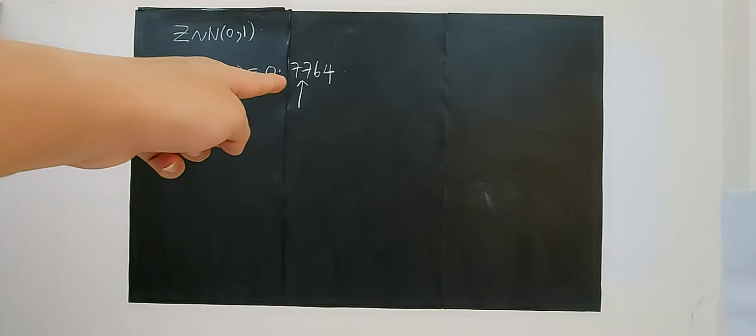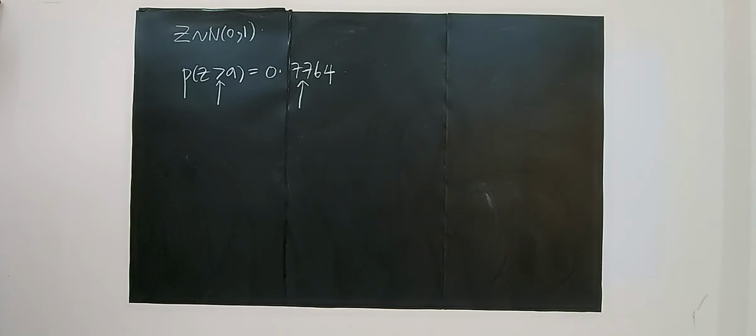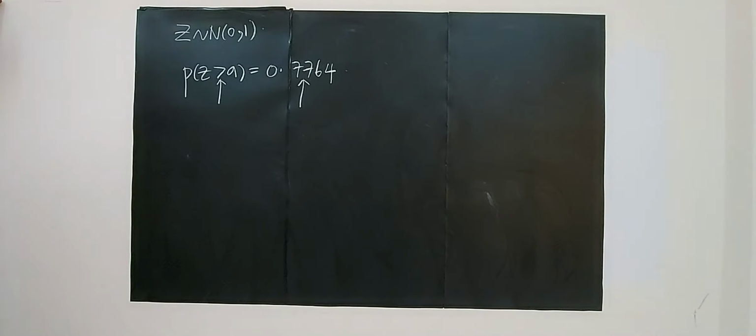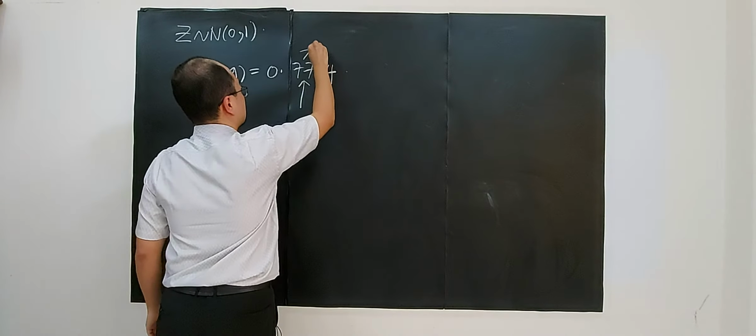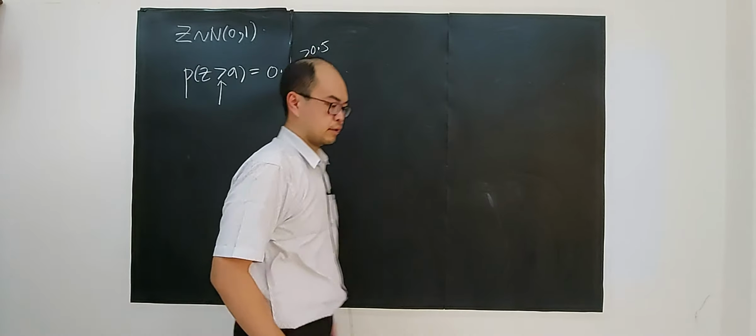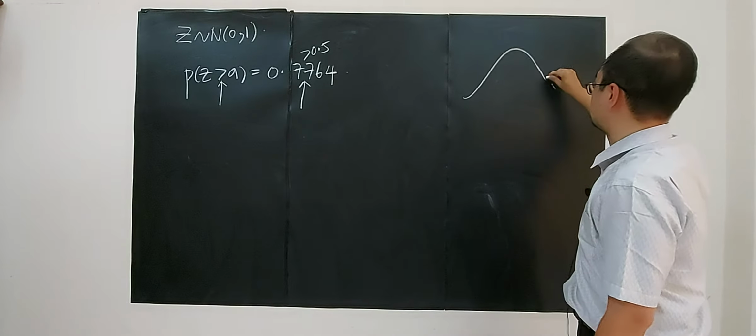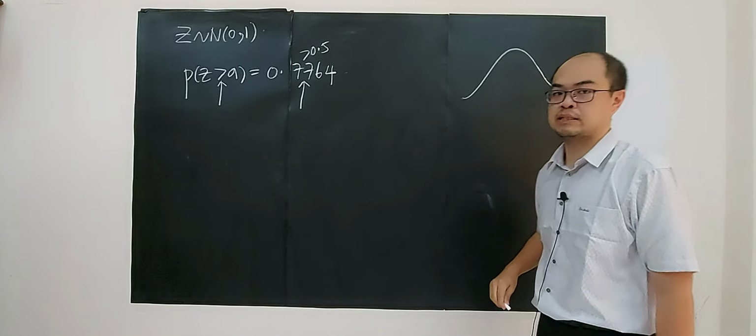This is already more than 0.5, right? So something happened. You have to understand the diagram. They just give you this one, but you have a diagram in your mind, alright? So you know that this is greater than 0.5. Okay, doesn't matter, because you have the knowledge. You have knowledge, you know. Okay, you don't memorize mathematics.